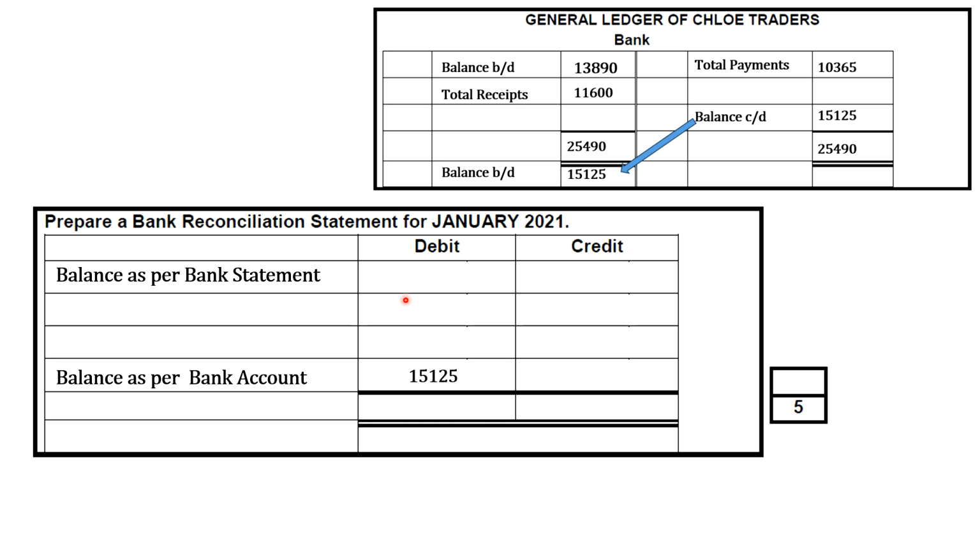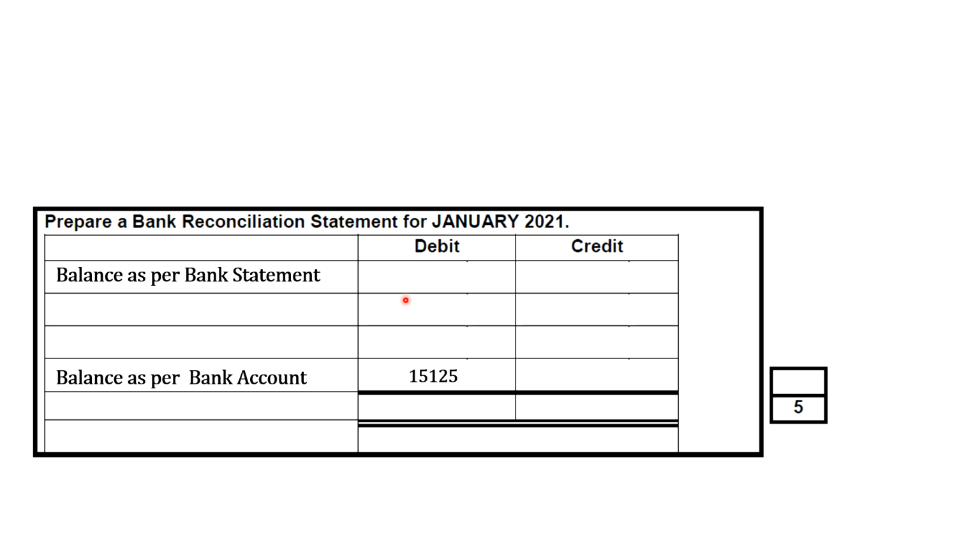Now that we've done that, we're going to record those amounts that we had from our CRJ but were not in the bank statement. We call those amounts outstanding deposits. So you write it like this: credit outstanding deposit. Why are we crediting it? Because, like I said, all the amounts from CRJ, you're going to find them on the credit side of the bank statement, and all the amounts from CPJ, you're going to find them on the debit side of the bank statement. That's why we say credit outstanding deposits.